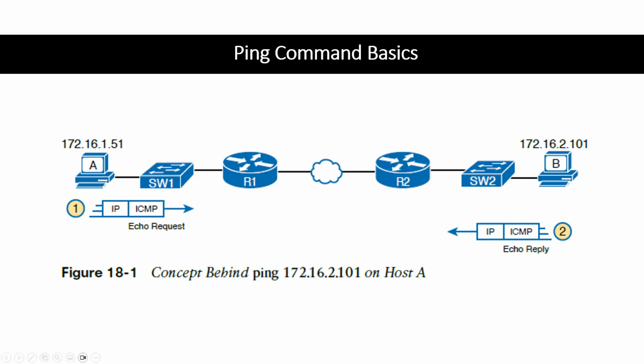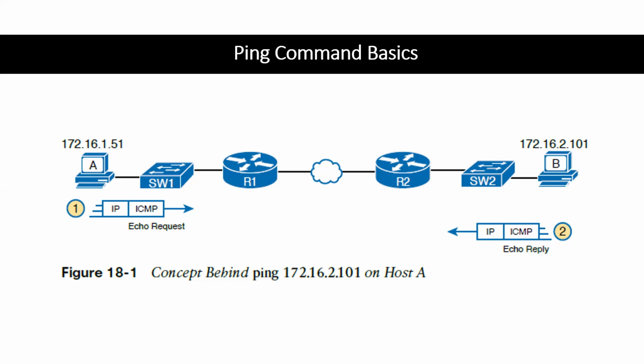So let's talk about this network. In simple terms, ping uses ICMP. It works by sending an echo request, and the protocol says that the destination is supposed to send an echo reply back. And as you see, PCA